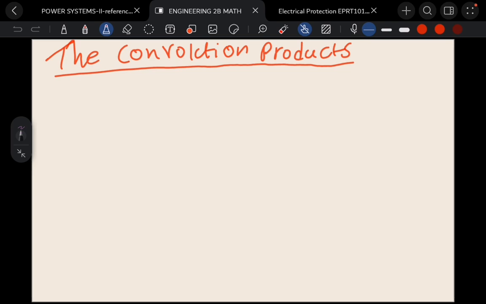Let's look at something that by now you know, the convolution product. The convolution product is when we take two functions to produce another function. So define